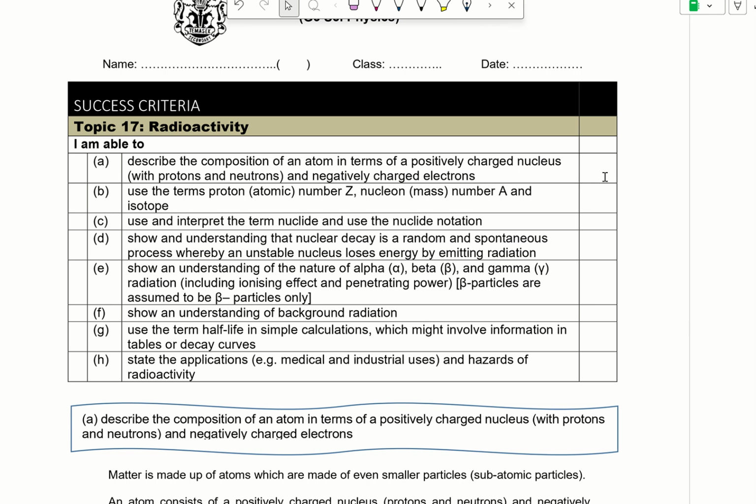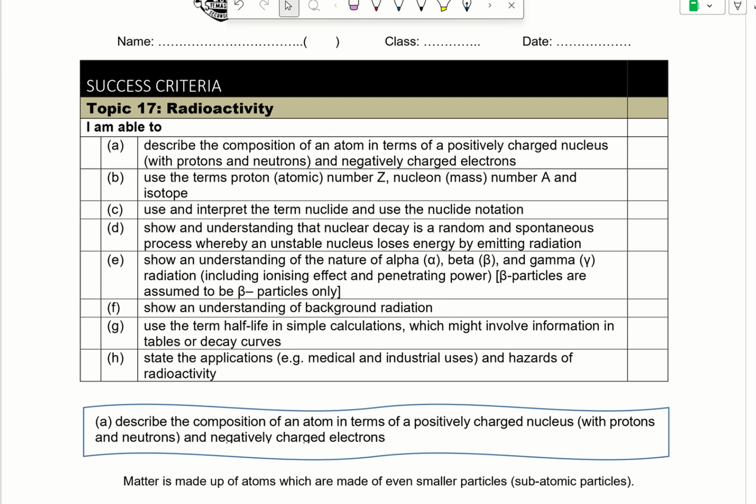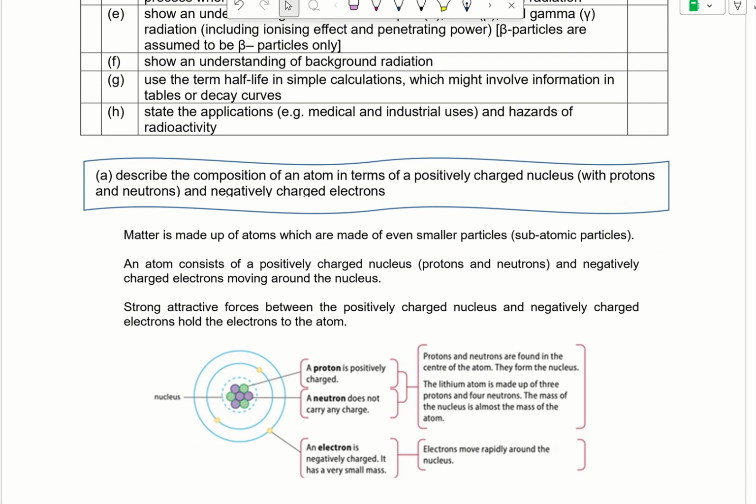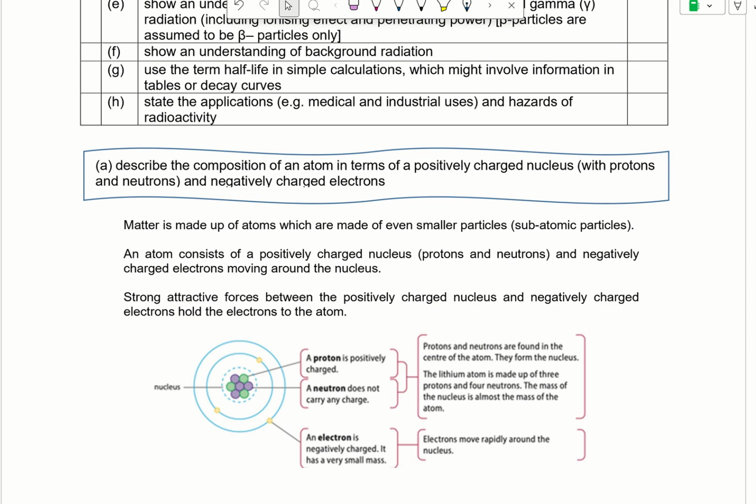Okay, for this video, we'll be going through radioactivity. So these are the success criteria. Okay, let's start. For success criteria A, you need to be able to describe the composition of an atom